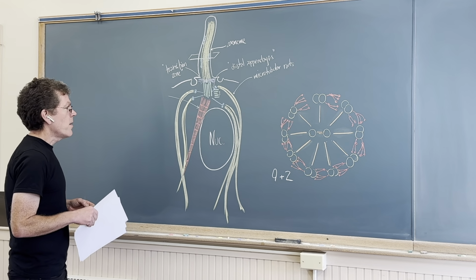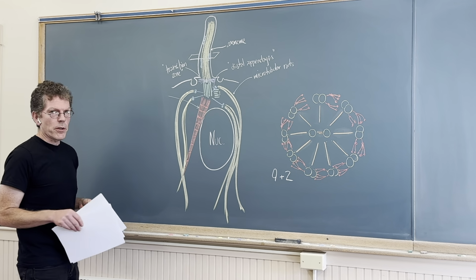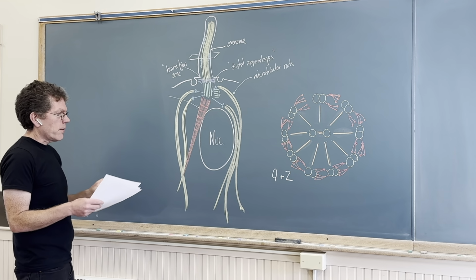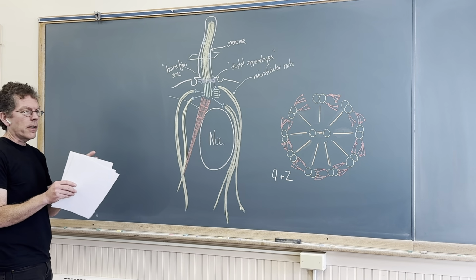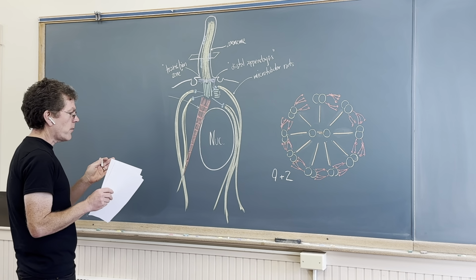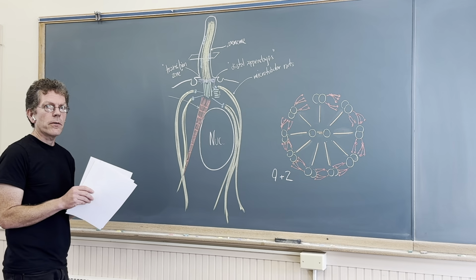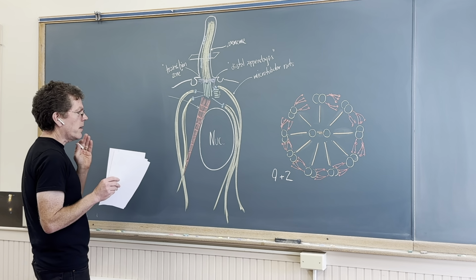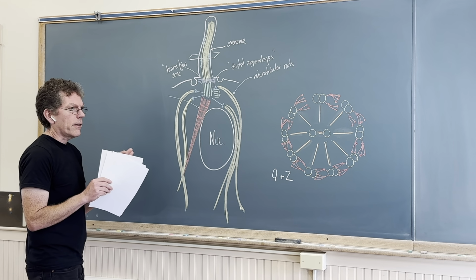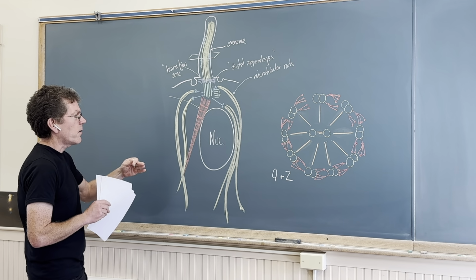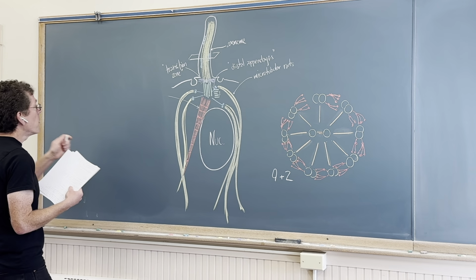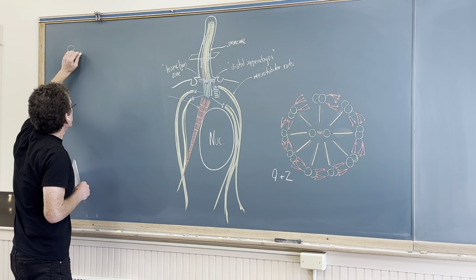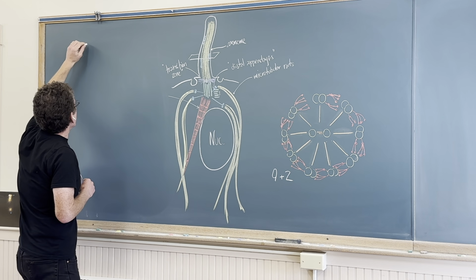Okay, time now for the weekly arithmetic moment. What does it take to build one of these? The point of this is not simply to go through some exercise with numbers, but the fact is the numbers often illustrate the scale of thing that the cell is trying to accomplish and how that scale constrains what cells can do. So let's go back to 8 nanometers per tubulin dimer within